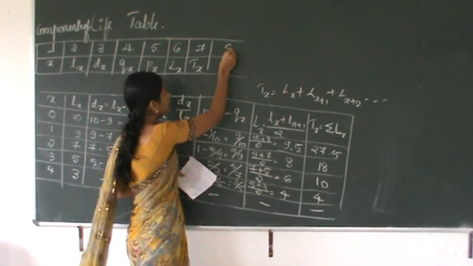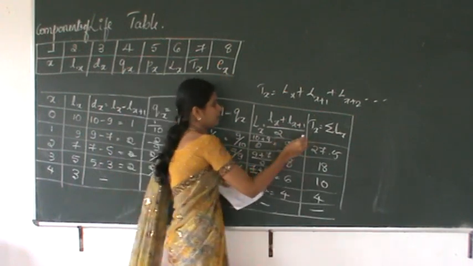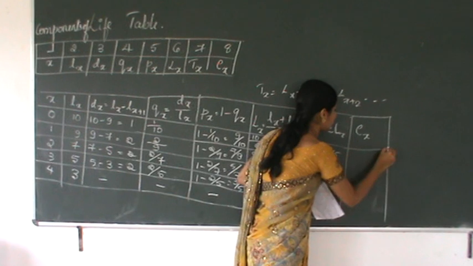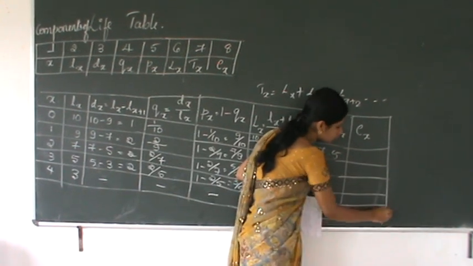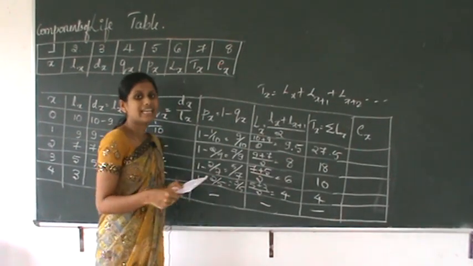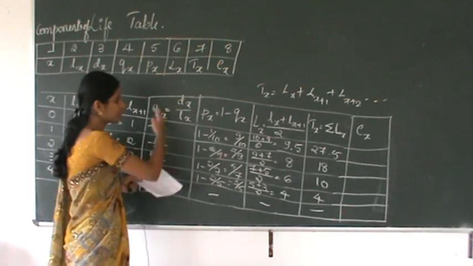And the last component of the life table is Ex. Ex is nothing but expectation of life. This expectation of life we can call longevity. What is the expectation of life? How long a person will live under this mortality